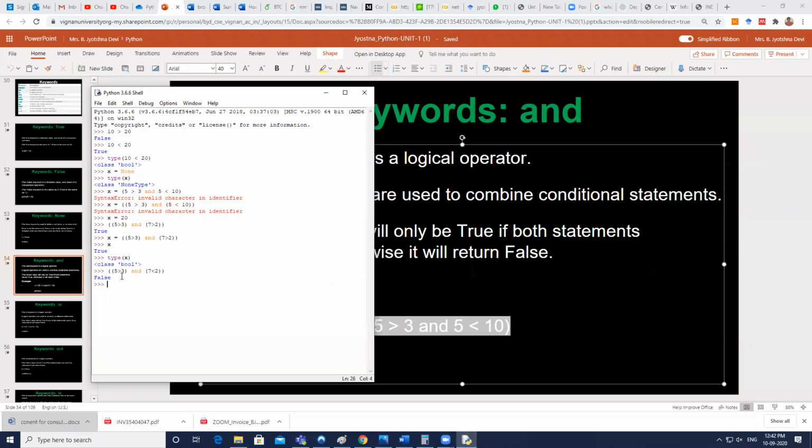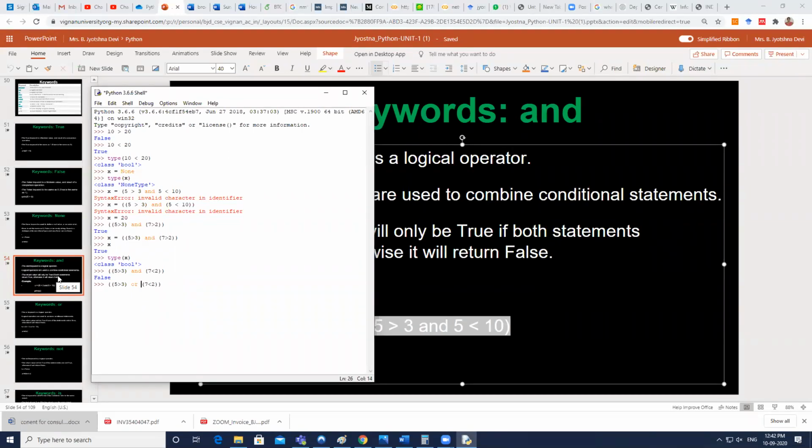So now let's continue our discussion. Next we'll continue with or. So how does or work? Or is also the same, right? You can combine two or more conditional statements with the help of the or keyword. But the working is different. When any of the conditions is correct, then the entire condition would be true. So now let's see what will be returned by the statement now, where instead of and, I'm using or.